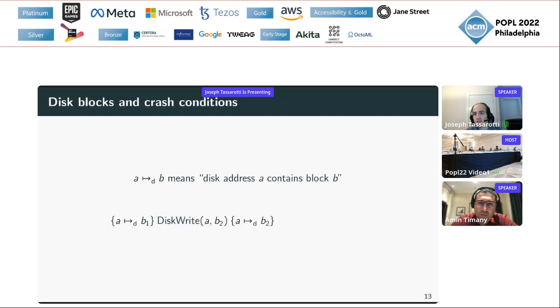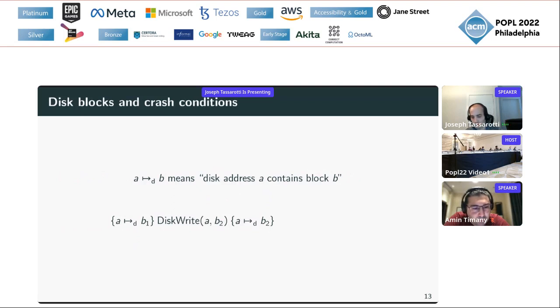Let's see an example of such a Hoare quadruple. If we introduce a points-to assertion for describing the contents of disks, where we'll write A points to B, subscripted with a D, to say that disk address A contains block contents B, then a Hoare triple for writing to address A might say: if in the precondition the address contained contents B1 and we write B2, then in the postcondition it will contain B2.